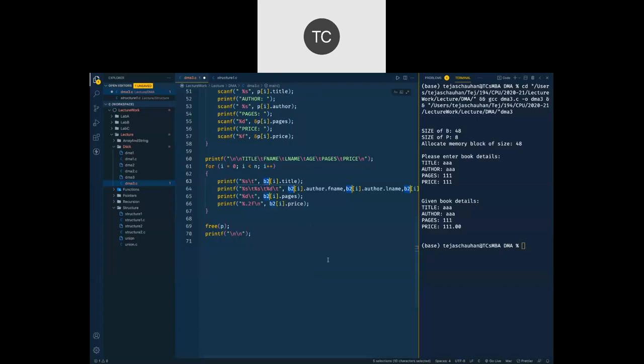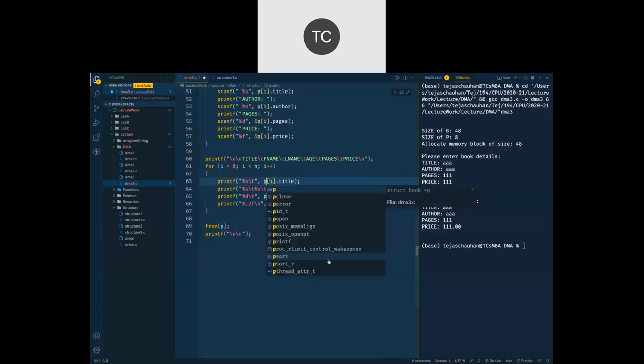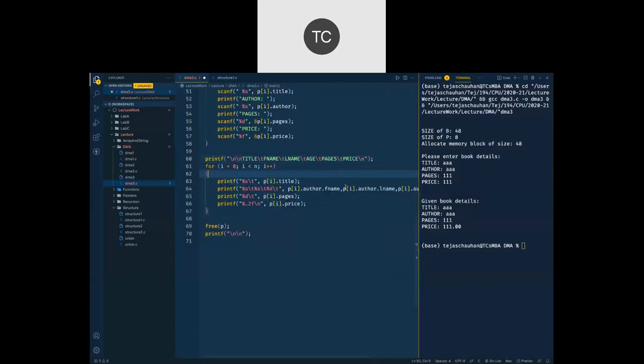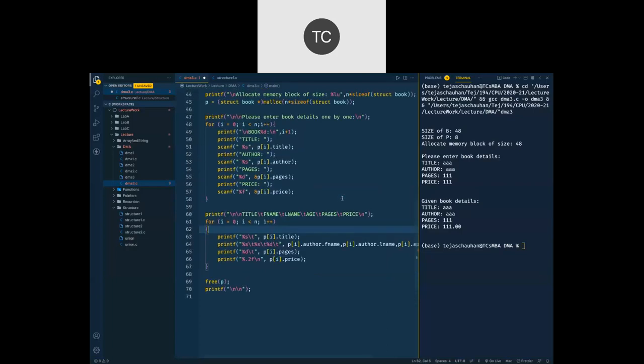So here I'm going to replace this B2 with P. So P of I dot title, P of I dot author. Well, instead of F name and L name, we also do not have age. So here we'll say author, right? Title, author, pages, and price. And we will print title.